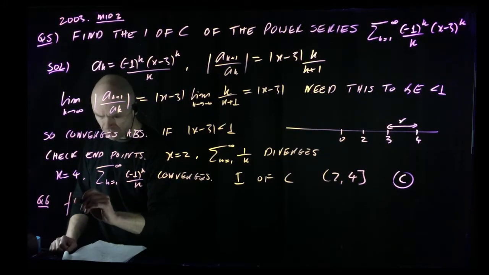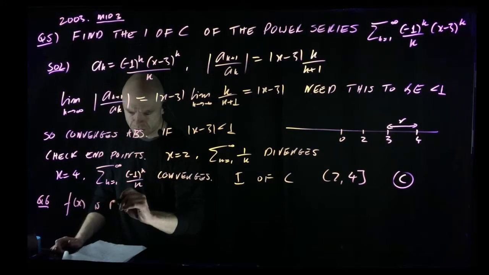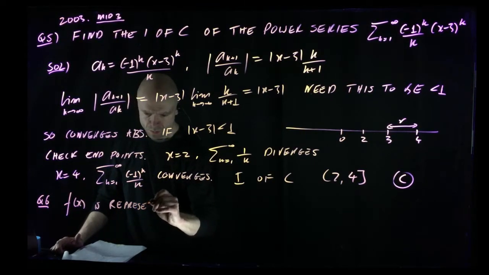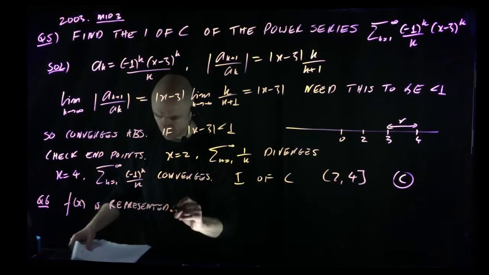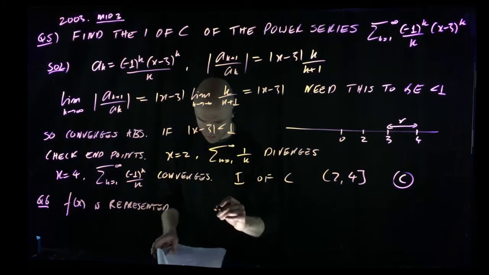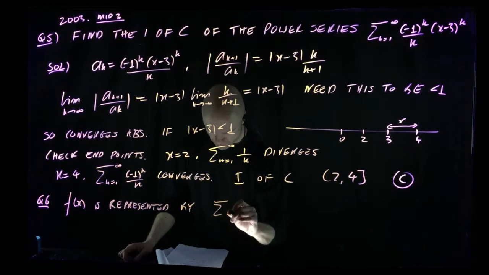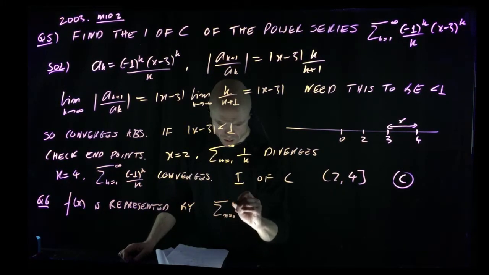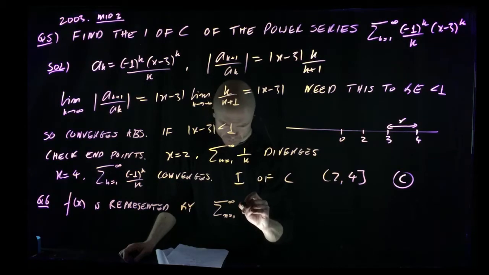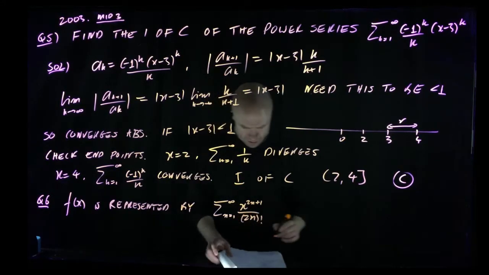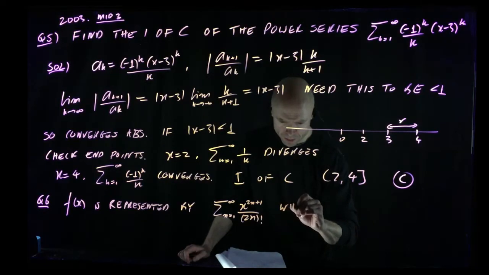So, f of x is represented by this power series, the sum from n equals 1 to infinity of x to the 2n plus 1 over (2n) factorial. What is the value